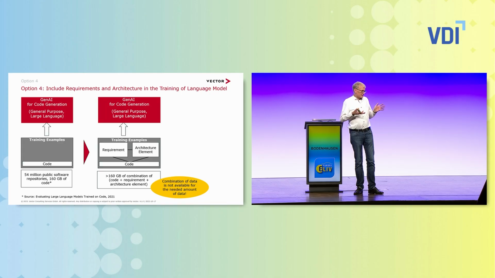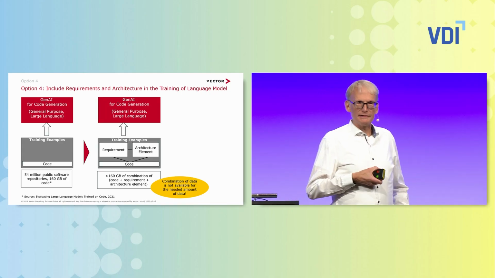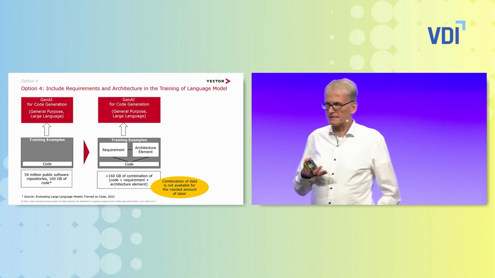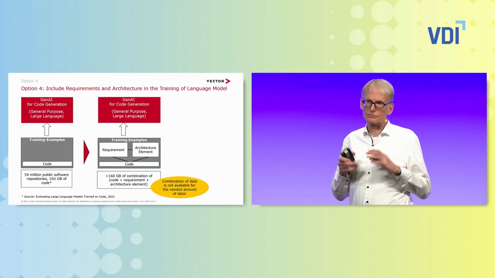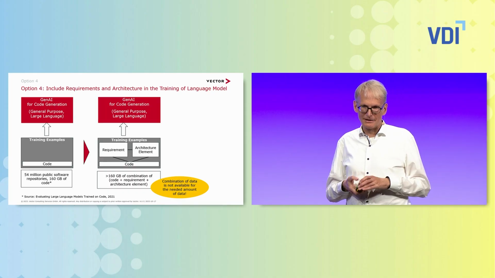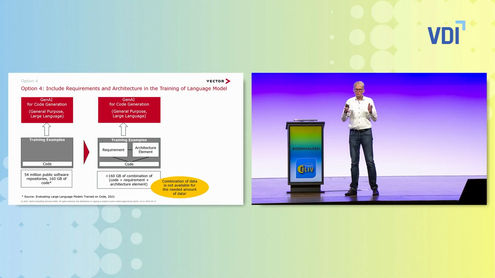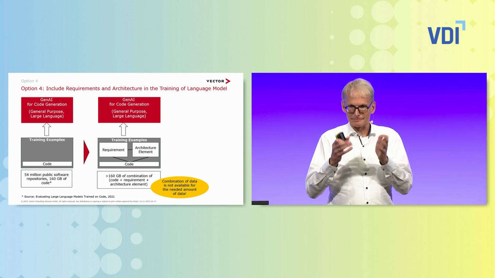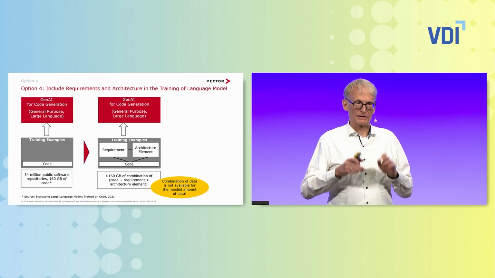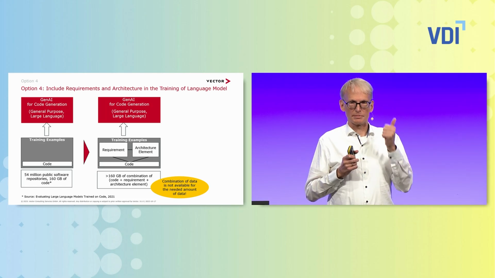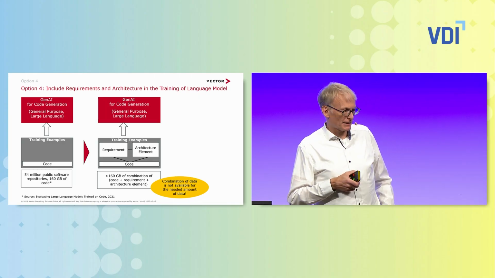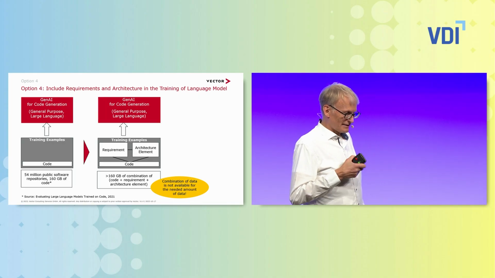And we have the situation here. We have code only. On the left side, we see the situation we have. We have training examples that include code only. Now, if we would like to also include requirements, the architecture element and the code together as a triple by traceability. You have said a training pattern is code plus architecture plus requirement. Then we would need much more than the 160 gigabyte of data.